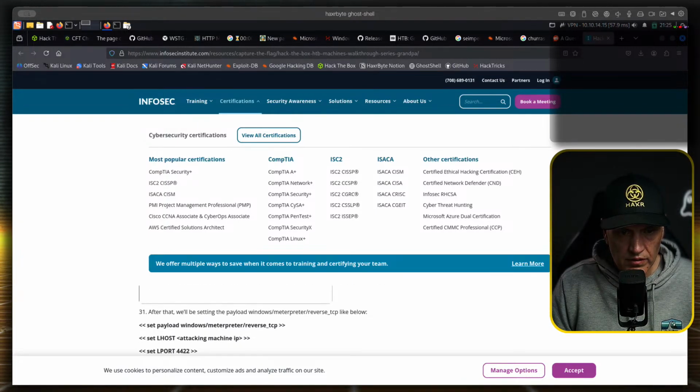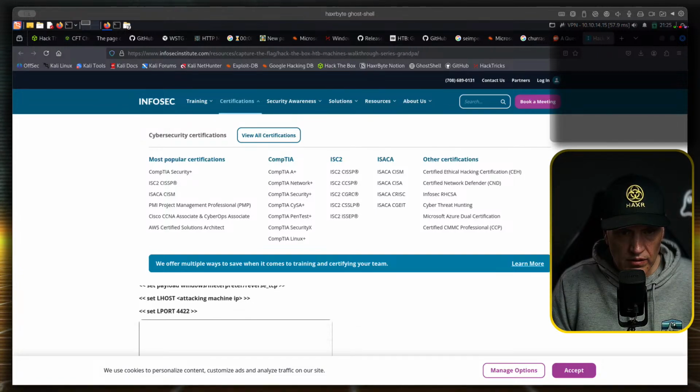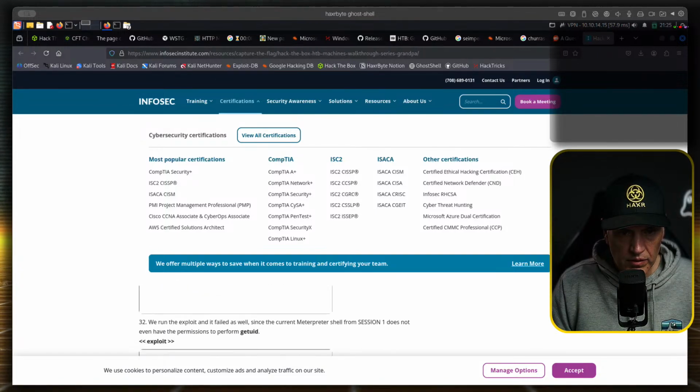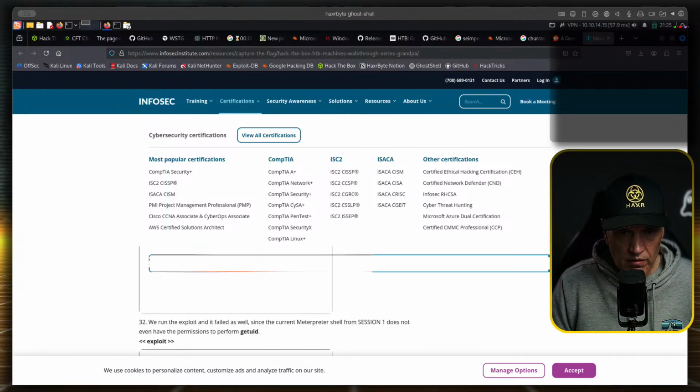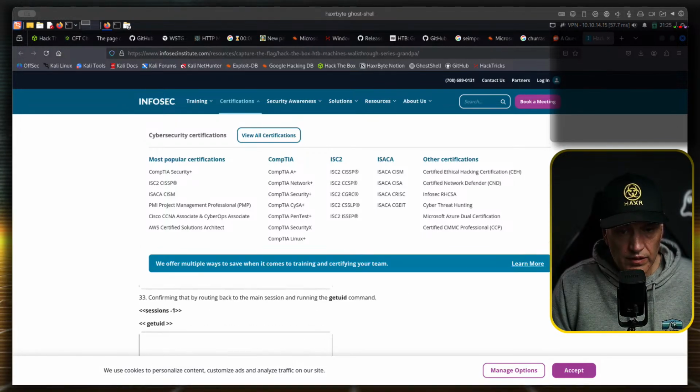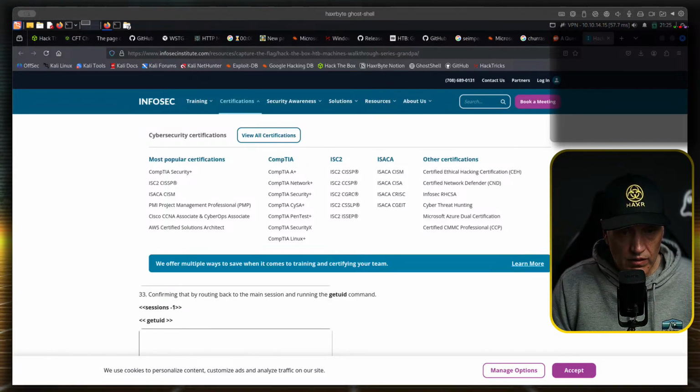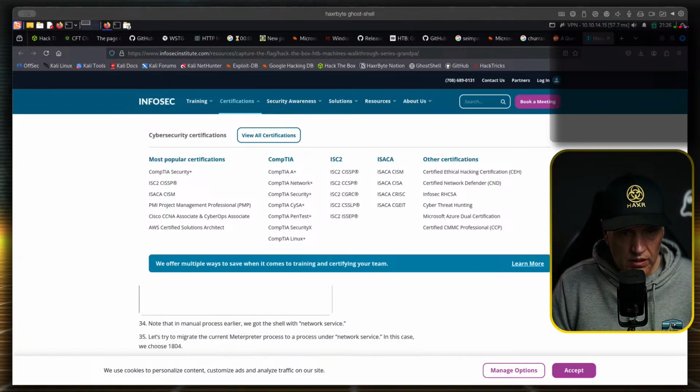Set payload reverse. Localhost is the attacking IP. Oh, it failed as well. Confirming that by routing back.